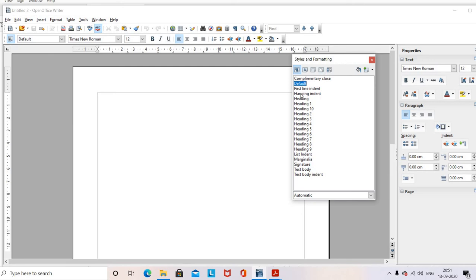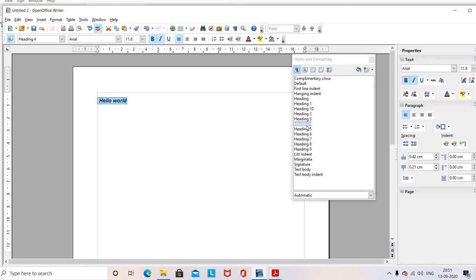Here you can see different types of formatting. Like you can see, I'll write one line so you will be able to understand in a better way. Hello world, this is my line. I'm selecting that line and I'm applying different headings. You can see the changes.